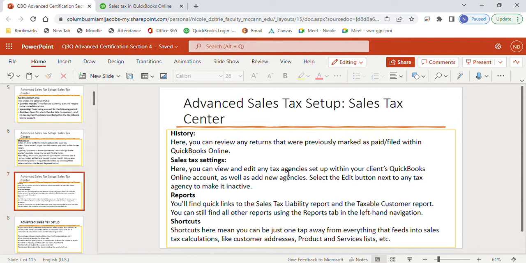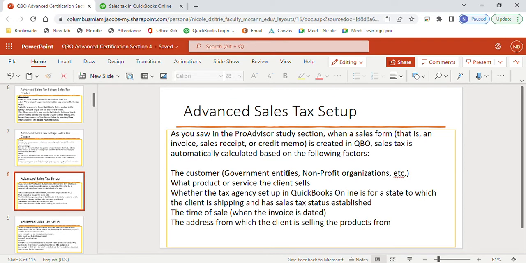And then you see shortcuts. Shortcuts means you're just a tap away from everything that feeds into sales tax calculations, like customer addresses, product and services lists, etc. So as you saw in the Pro Advisor section on sales forms, that is an invoice, sales receipt,